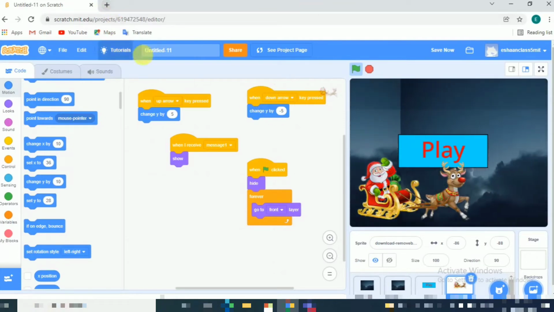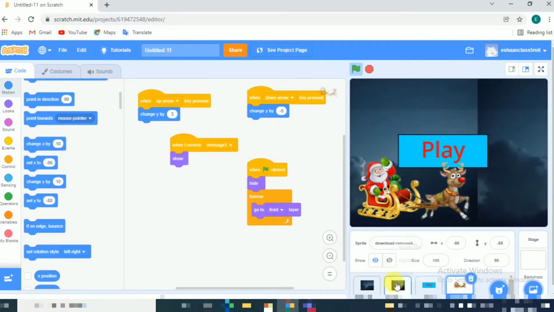The answer is that the background will move and it will look like the Santa is moving. This logic is used in many games. The player does not move, but the background moves and it looks like the player is moving. So we will move the background then. So the coding of Santa is done.